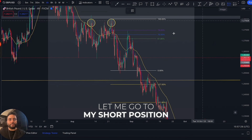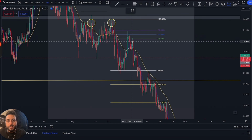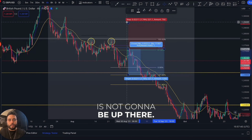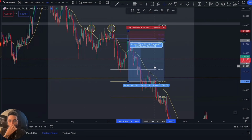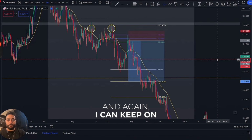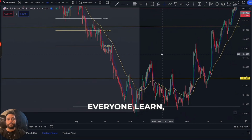Let me go to my short position again for those that want to figure out where they would have entered. Let's say after a few little doji candlesticks, this would have been our entry point. And again, our stop loss is not going to be up there. It's going to be tucked above that 78.6, and there would be a 1-to-4 risk to reward again, using 3 confluences only. I can keep on going, but for this short YouTube video to help everyone learn,